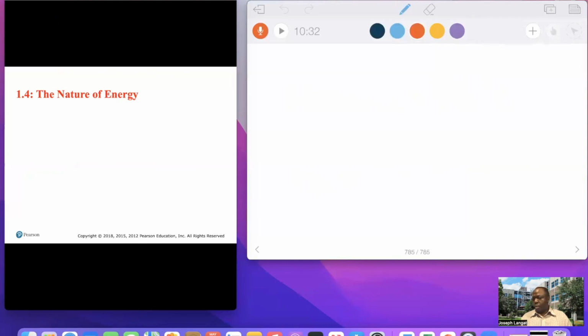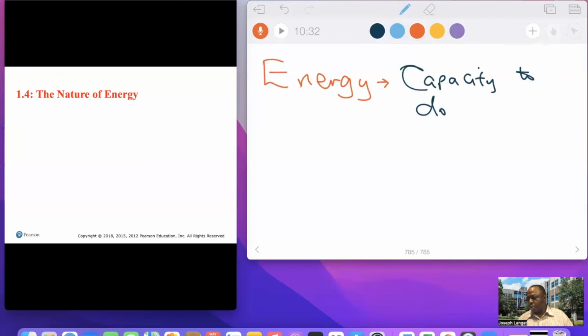Well, this is almost the end of part A. I just want to briefly go through energy, all right, before we take a break, and then we'll come back again for the last part of chapter 1. Energy, all right, you should be able to define energy, and energy is simply the capacity to do work,